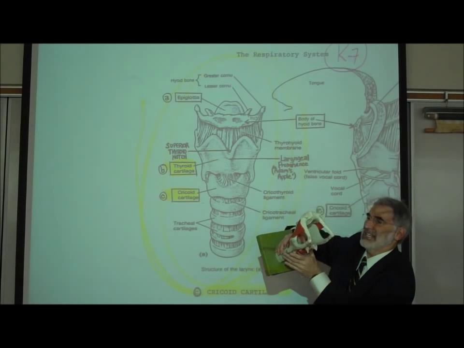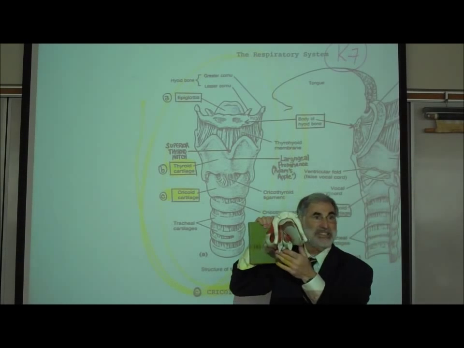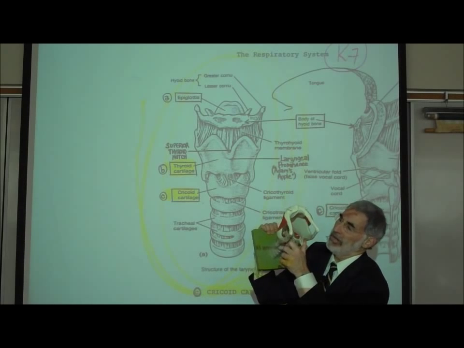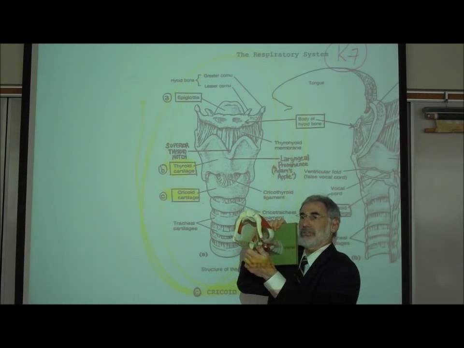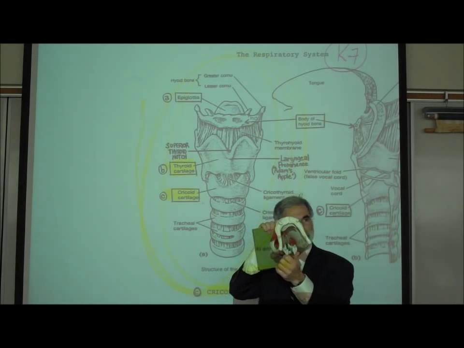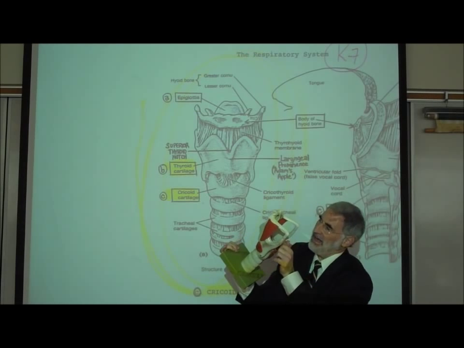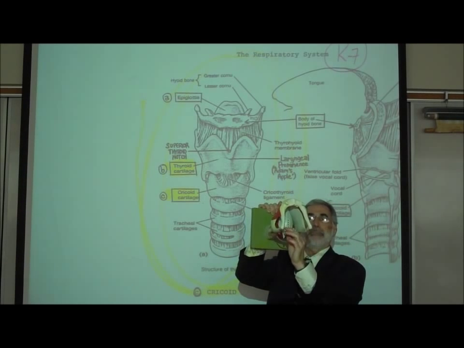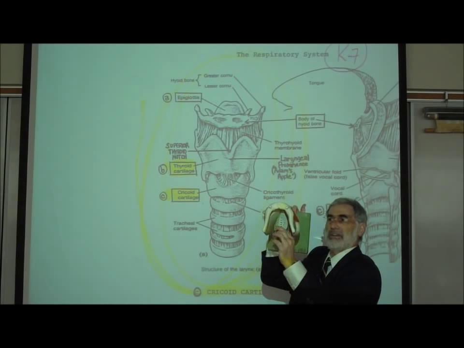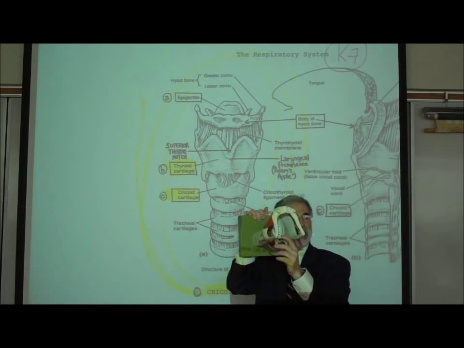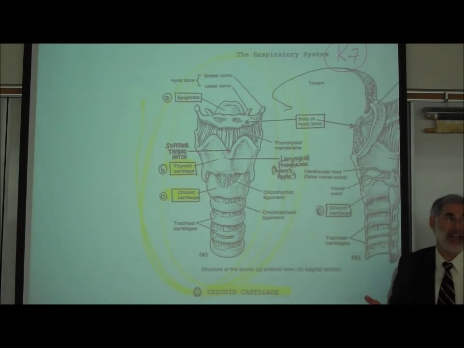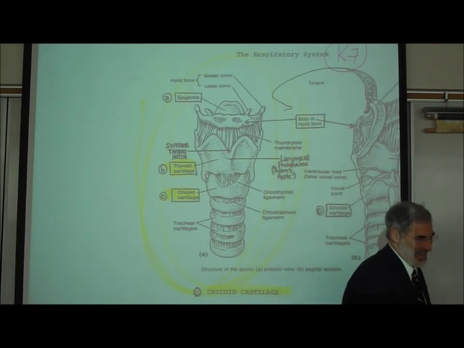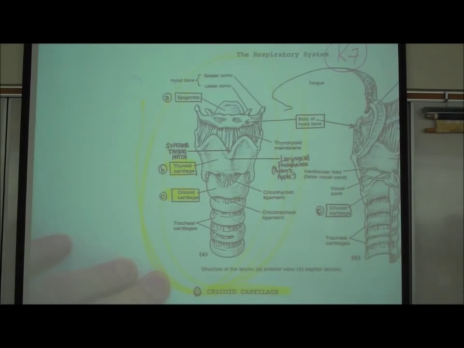And if you look on the inside, and I know it's hard for you to see, so you take a look at this on your own, you can actually see the vocal cords, and the slit or opening between the vocal cords is called the glottis slit. And the epiglottis can close right over the glottis slit to prevent food and drink from going down the wrong passageway. So I would encourage you to take a look at the model. It takes like 2 minutes to look at it, and that'll help you understand the larynx.